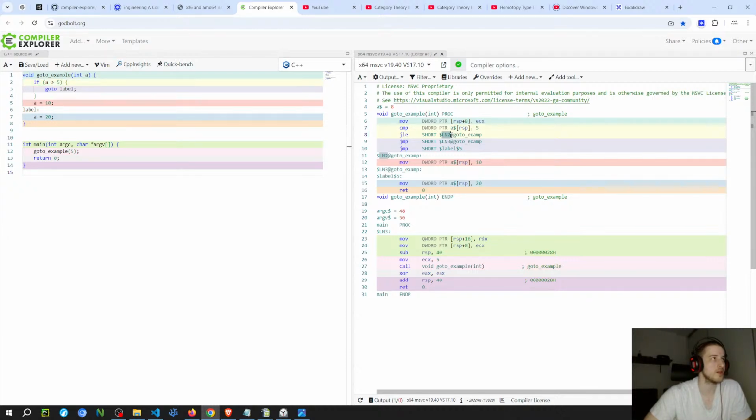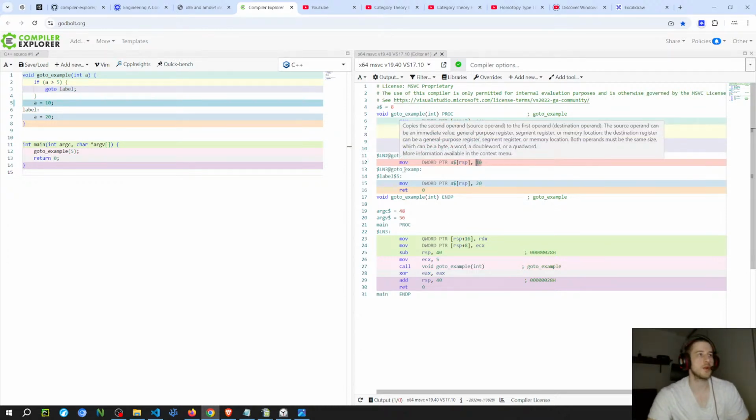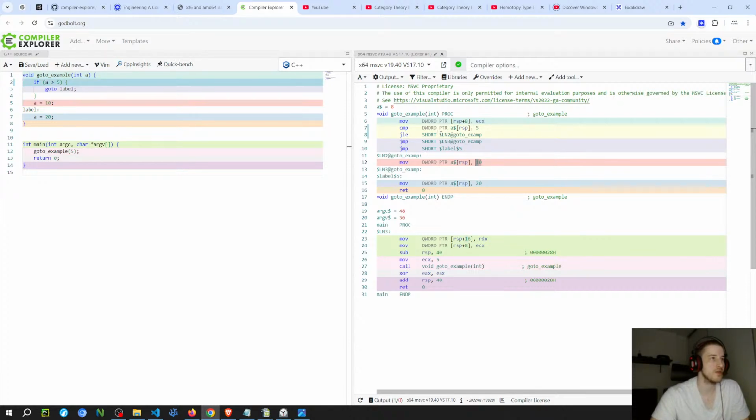So if SF or ZF equals 1, it means that the condition was correct. No, the condition was false because it's testing to see if A is bigger than 5. Yeah, so the first jump is the else statement, which moves 10. So I think that this is probably a common pattern as well. Whenever you have a condition like this, the first jump that happens is probably the else situation.